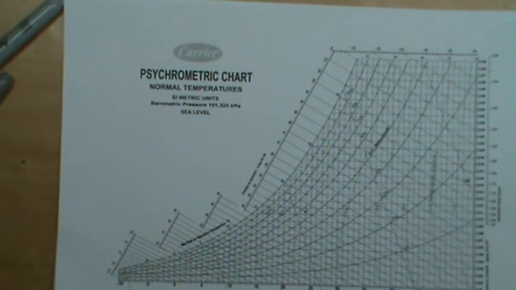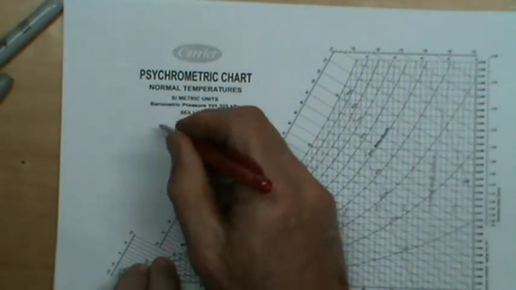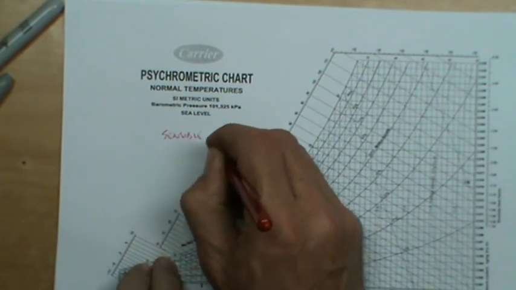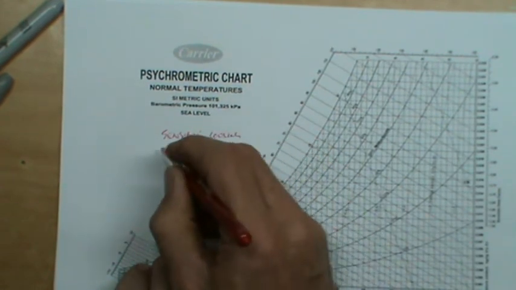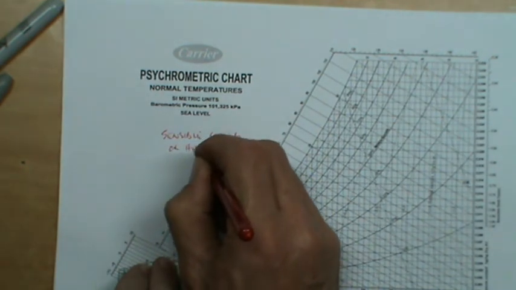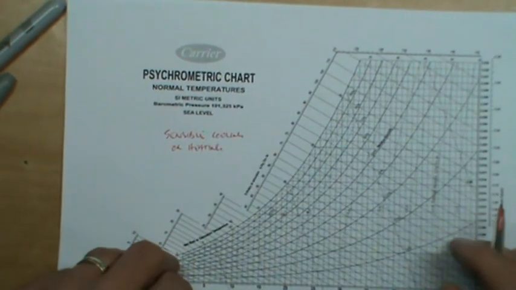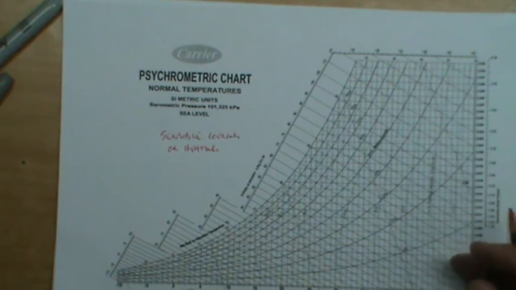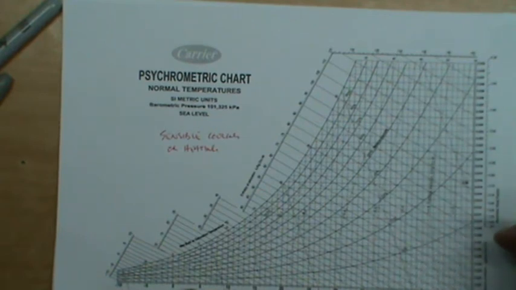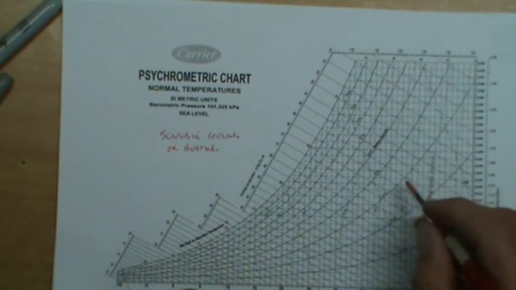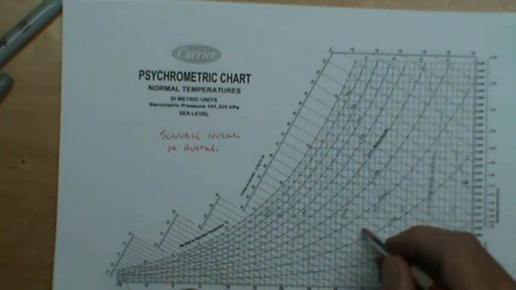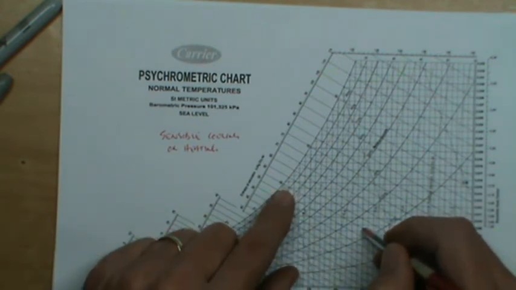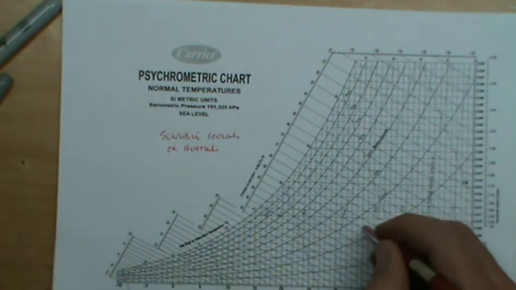Okay, so let's say I'm just going to deal now with sensible cooling or heating, okay? Right, so let's say that we are doing sensible cooling from 35 degrees dry bulb and 20 degrees wet bulb. From that point,